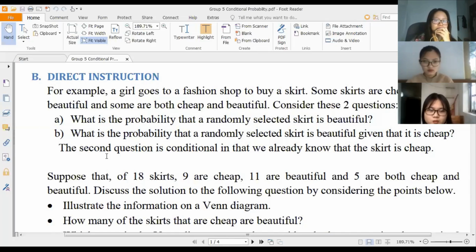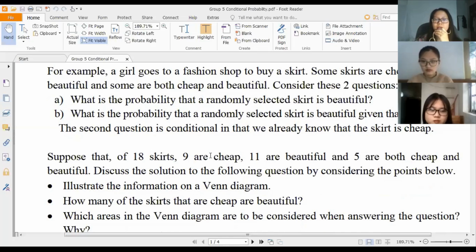and that's why the second question is conditional, in that we already know that the skirt is cheap. Okay, so specifically, suppose that of 18 skirts, 9 are cheap, 11 are beautiful, and 5 are both cheap and